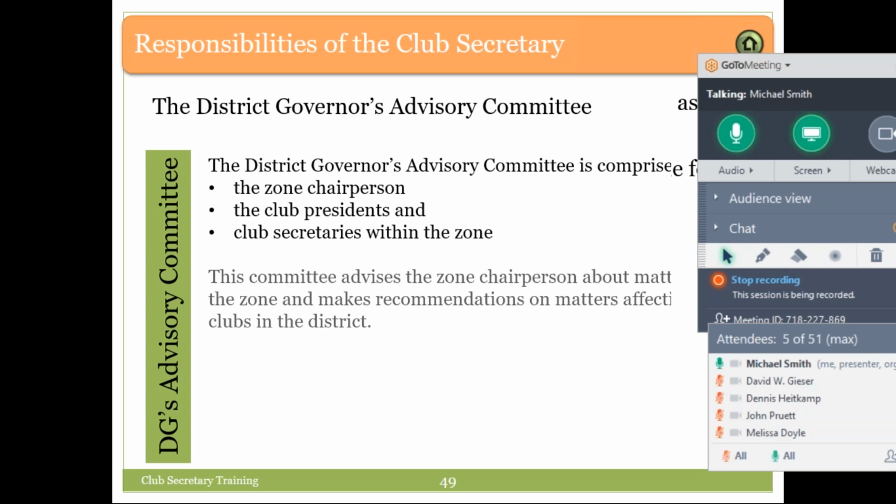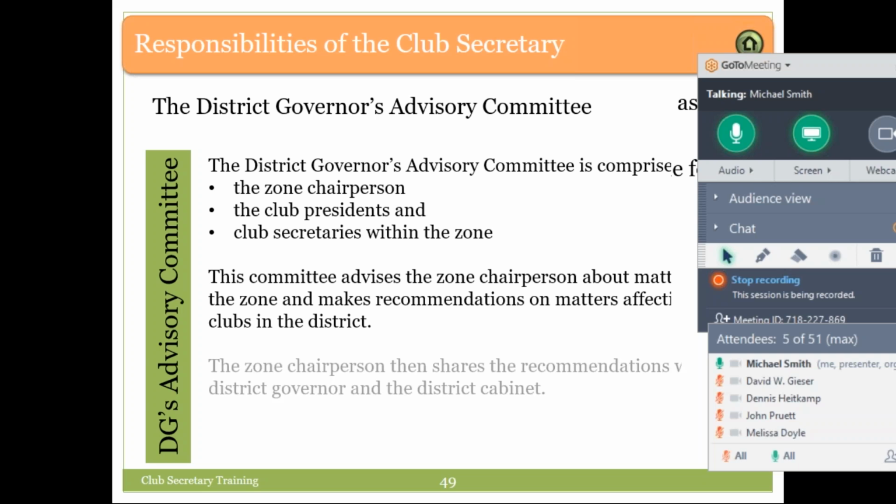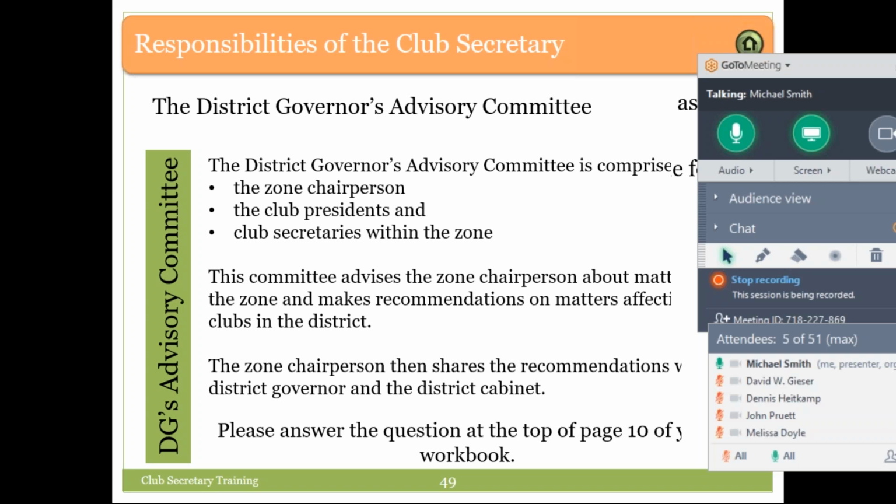As of last year, and it's not on this one, we've added in District 2S3 the club membership chairs to the district governor's advisory committee. So not only do we have the zone chairmen, the club presidents and secretaries.